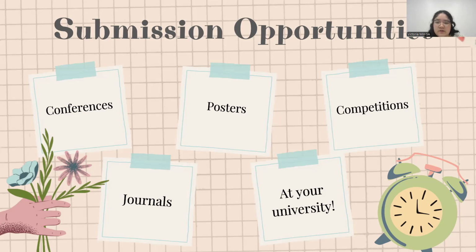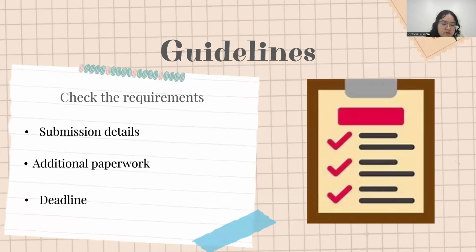So I listed a couple of examples here, but you can always check out the Office of Research and Economic Development to learn more. So there are different guidelines that you should always keep in mind when doing research. So for one, check the requirements. So check out different submission details. You want to check out where it is you want to submit it. So if you need to email a specific person,